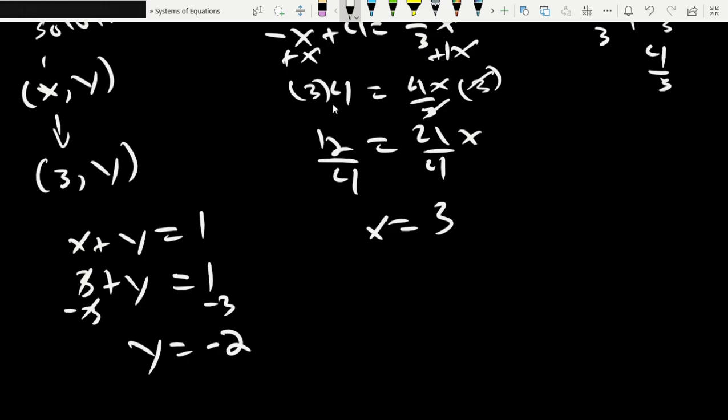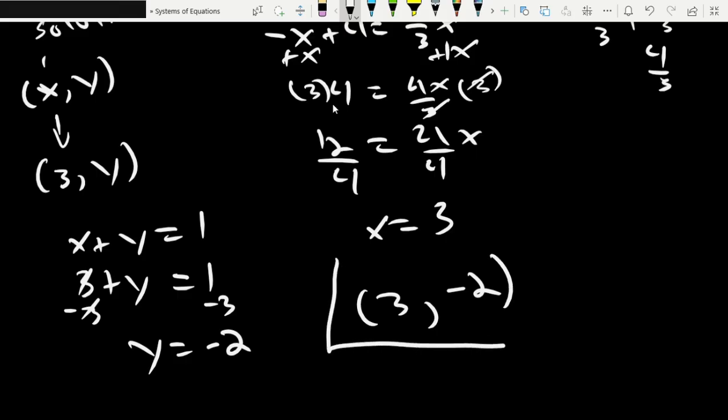So what does that mean? We substitute in that for y, and you're going to have 3 comma negative 2. So what does this mean? Remember, math is not about finding the numbers. It's about understanding what these numbers mean. So this ordered pair just means that on the graph,